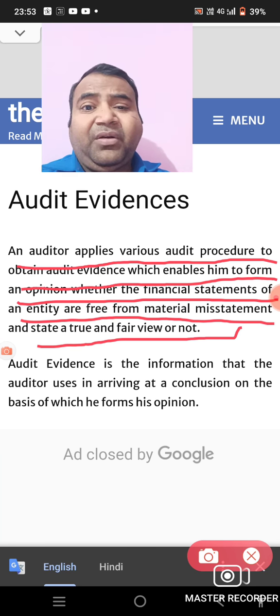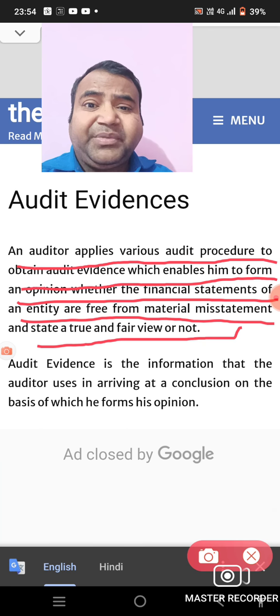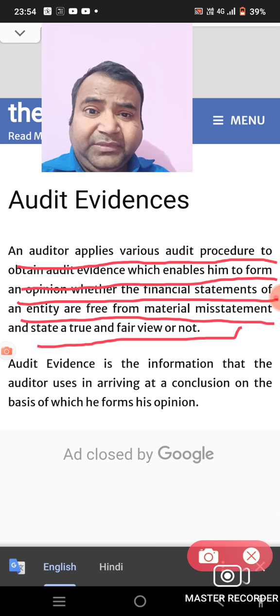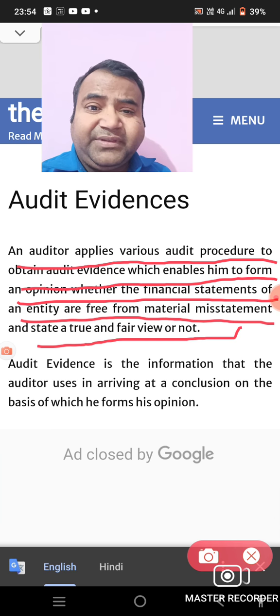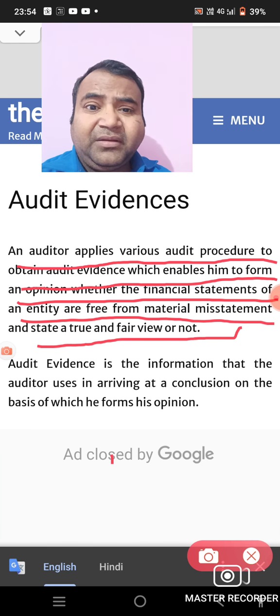So audit evidences are nothing but the evidences which have been collected or observed by the auditor for the purpose of